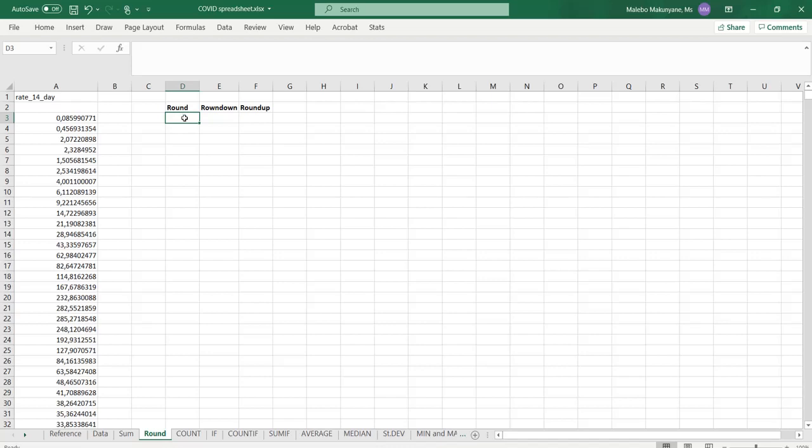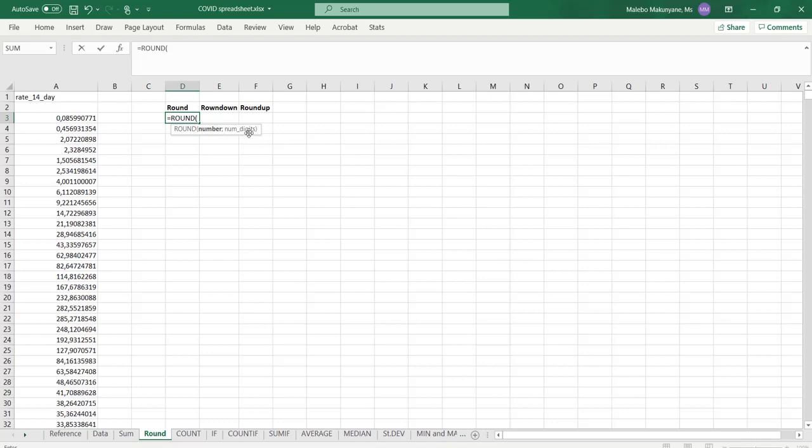To do so, remember that for every function, you need to start by typing equals to, type the name of the function, navigate to the function name, double click, and here the pop-up window tells us that